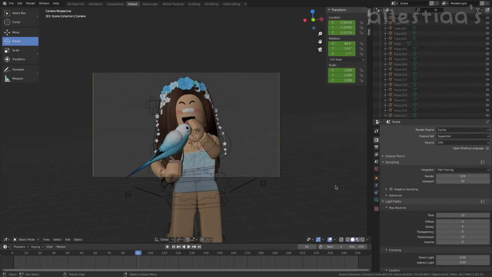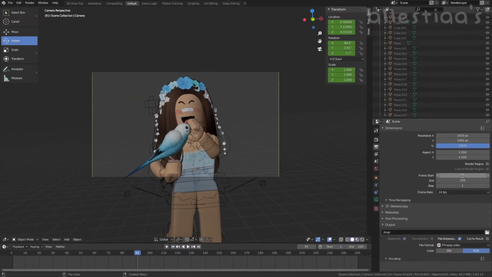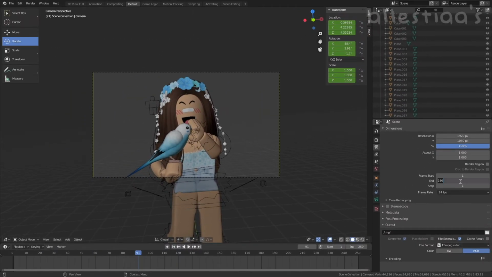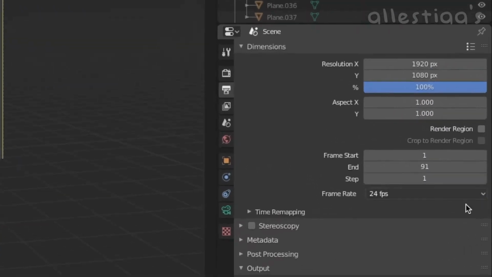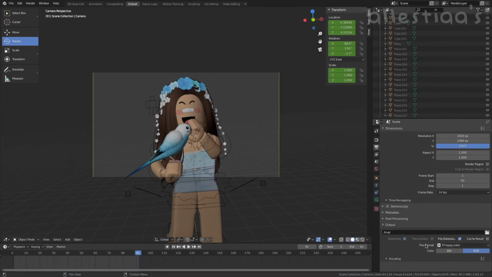Now after many minutes of animating, I finally have a product I like. So I'm going to go to this little printing icon and show you the frame start and the end. I'm just going to set it to 91, as that's where my animation starts. And I'm going to go under output and click on file format,